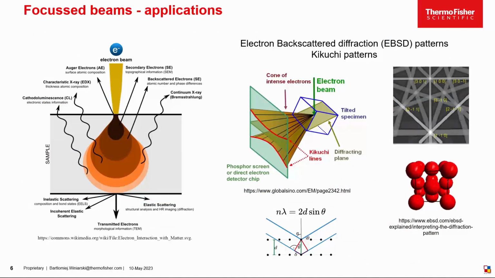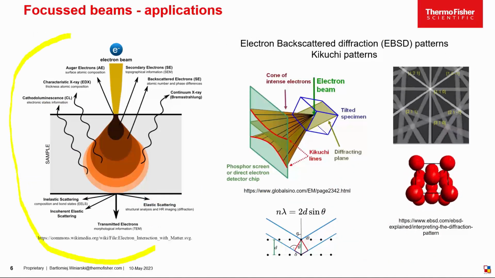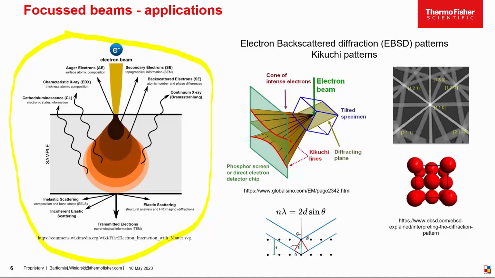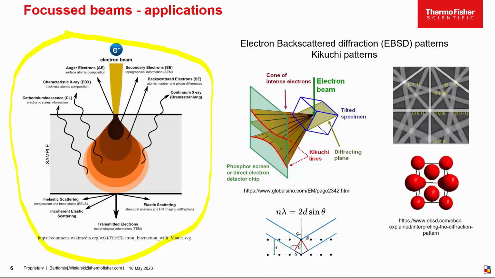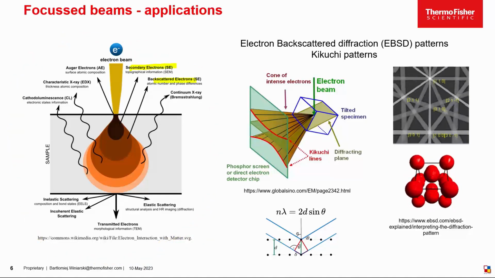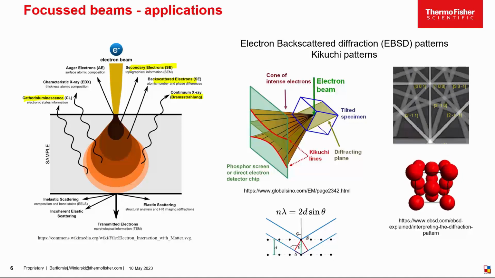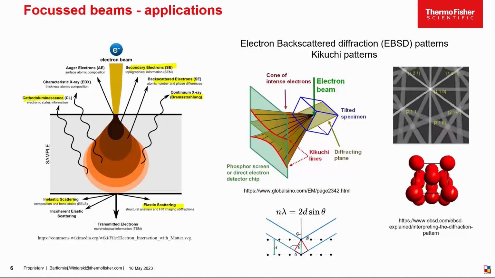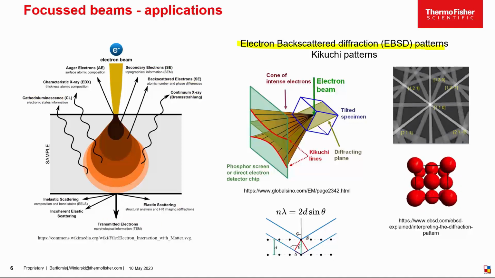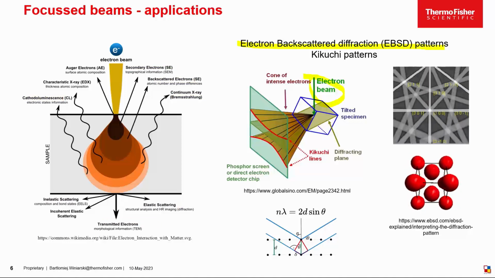Here I am showing a range of signals that are coming from matter irradiated with electron beams. The most common detected signals in SEM and TEM are secondary electrons, backscattered electrons, characteristic X-rays, cathodoluminescence, elastic and inelastic scattering, and transmitted electrons. In the EBSD technique, a narrow stream of electrons is directed at a point of interest